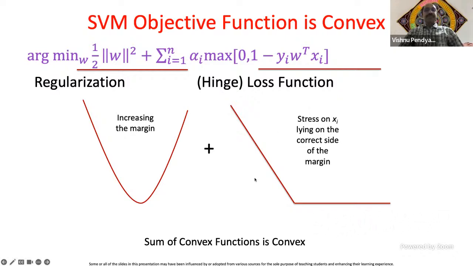And the objective function is basically a sum of convex functions, which is also convex. Why are both convex? You take any 2 points and join them. The line will be within the shape, right? Any 2 points, this point and this point, a straight line. This point and this point, it's within the shape. So that's why both are convex, and the sum of convex functions or convex shapes is also convex.